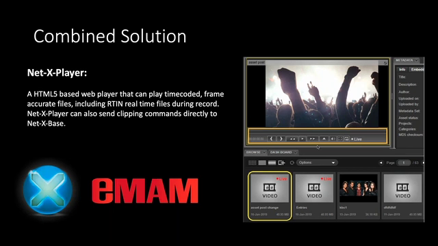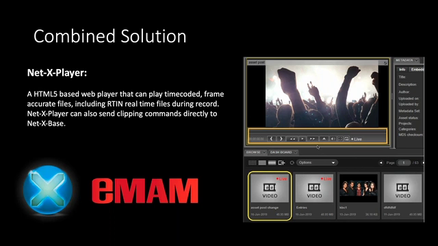The other advantage for RTIN files on the back end is that we use them as part of our partial file restore system. Because you're capturing live and generating these RTIN files, once your event is over, say you've got an 8-hour event and you want to push that event up into S3, if you then want to get clips from that, you don't want to have to pull down the whole thing to do the clipping.